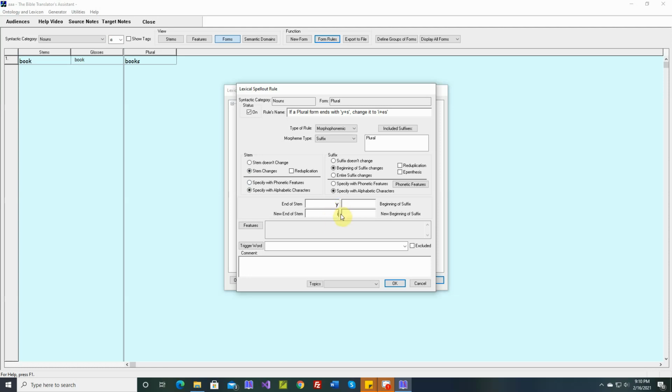See, this right here represents the morpheme boundary. So we have end of stem, beginning of suffix. And this right here is the morpheme boundary. So right now, it'll end with YS. We want it to change to IES. And,